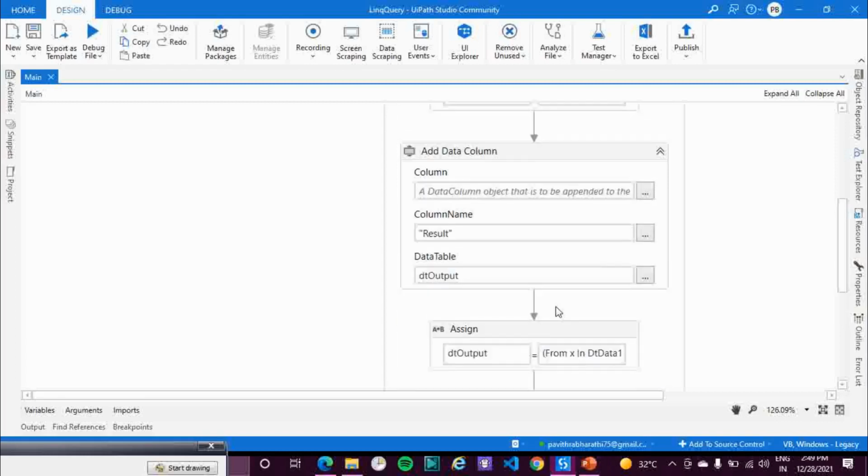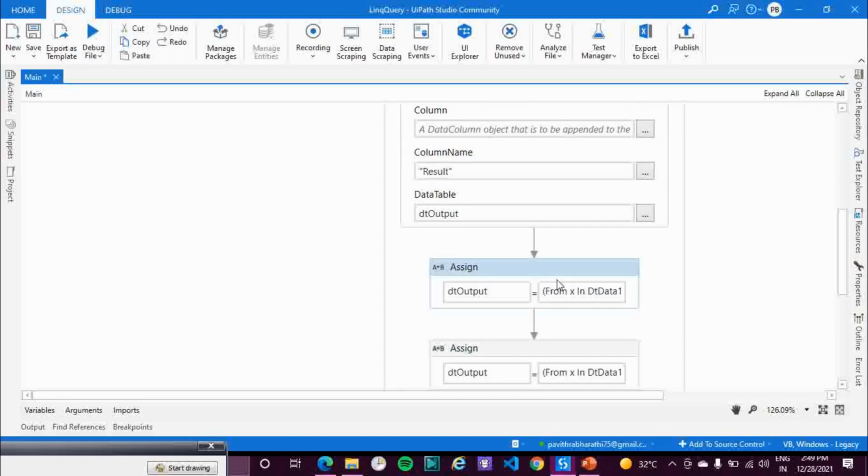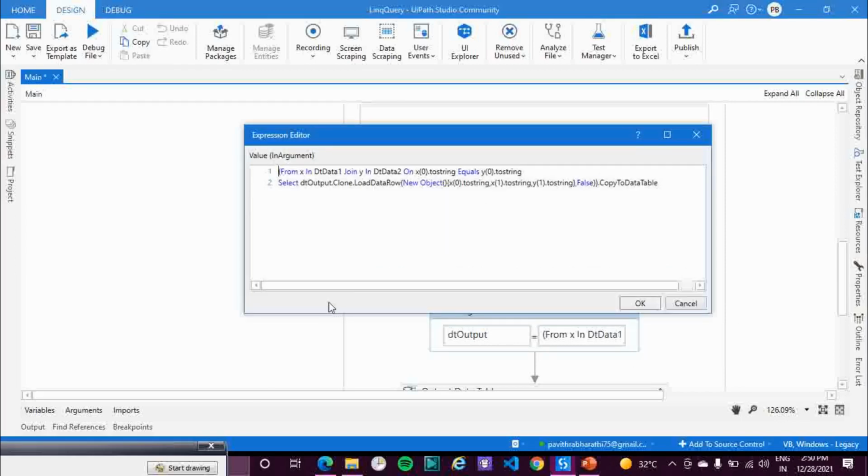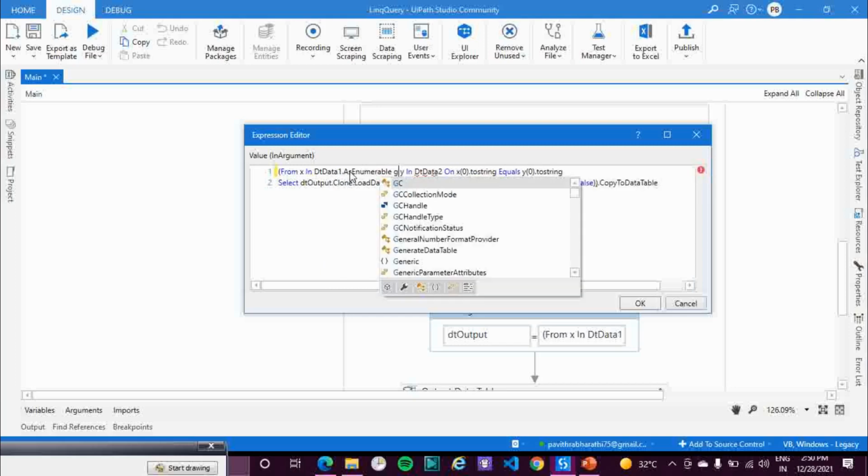So how this works, group join: let me copy this and repaste it. Okay, let me go over here and type the code here. Dot as enumerable, I'll convert this into as enumerable, then group join.